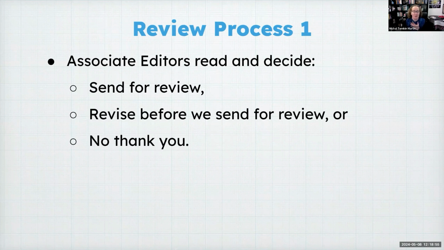So here, the associate editors, Catherine and I, actually read and decide on papers as soon as they are submitted. When you first submit the paper through the official language portal, it's assigned to the 2 of us, and we then read it and decide whether it is ready to be sent over to review or whether it needs to be revised prior to us sending it out. This is usually due to maybe not following the guidelines or missing some information that's critical for review. At this point, we can also decide that the manuscript is not fit for the section.